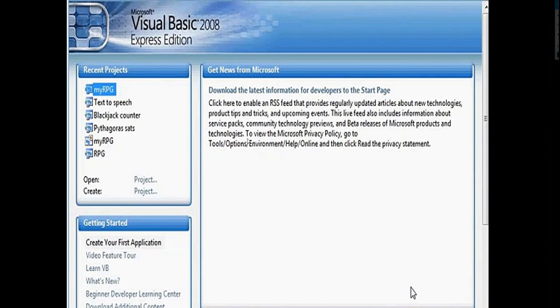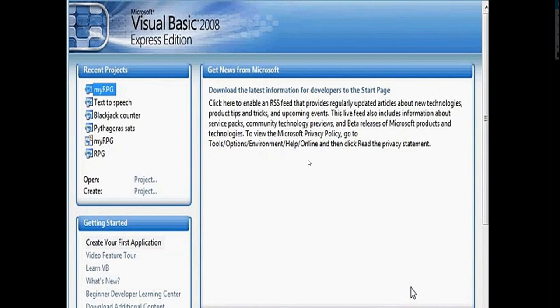Now what is there in the recent projects pane? It displays the list of projects that have been created by you in the recent past. All the projects we have created in our Visual Basic will be visible in this recent projects pane. Now getting started: it provides some helpful tips to quickly develop applications. How to develop applications quickly is mentioned in this getting started.